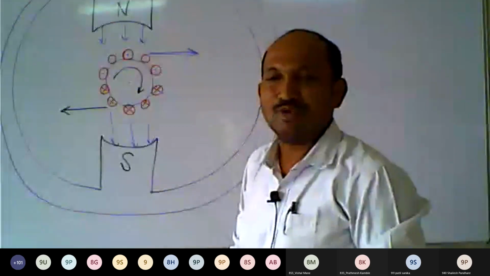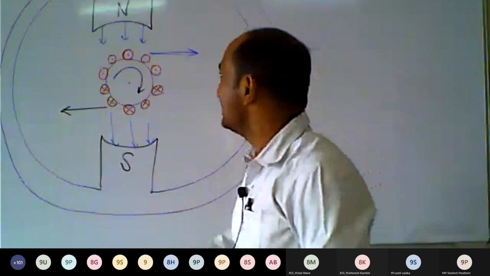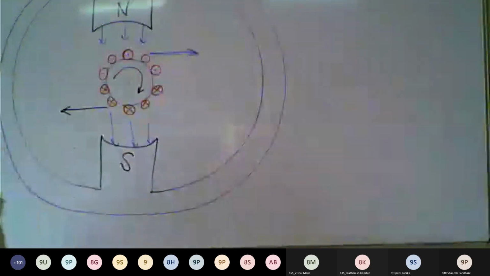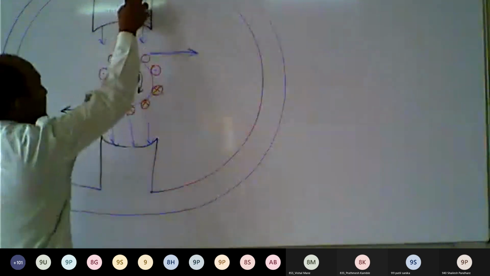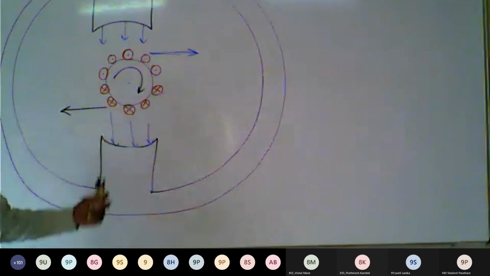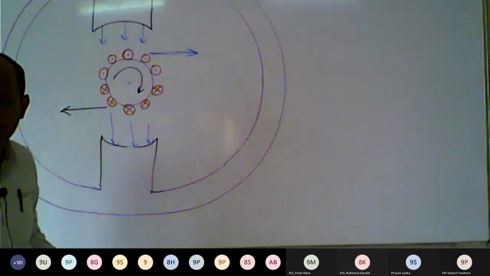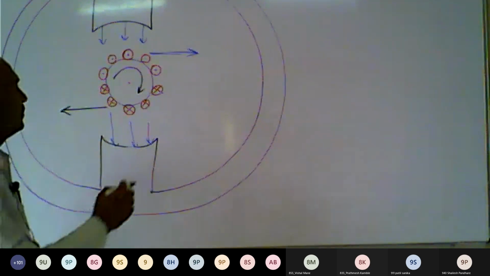Another type of DC motor is the separately excited DC motor. In that case, this is not permanent; it is temporary or artificial. We can use artificial magnets also. How can we create the north pole and south pole artificially? With a temporary magnet, an electromagnet. For that purpose, we can connect